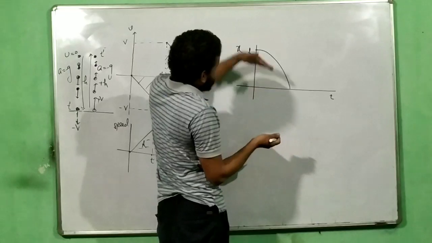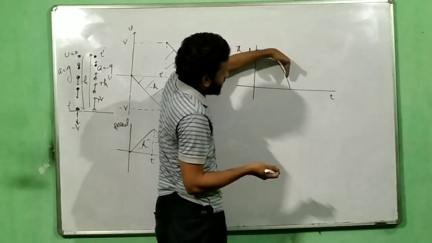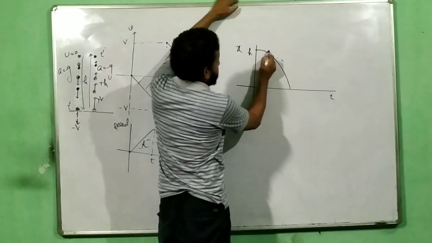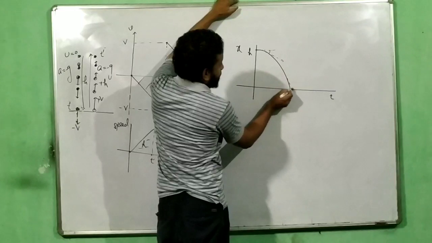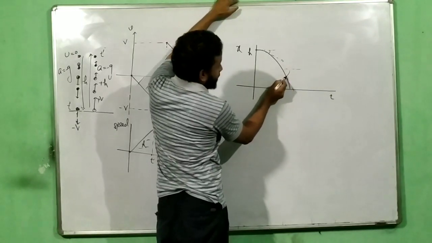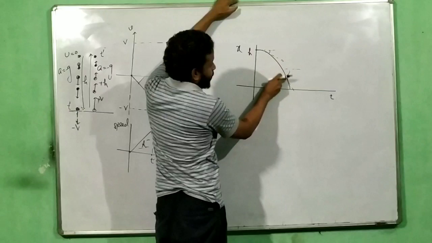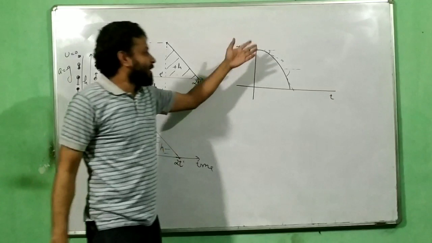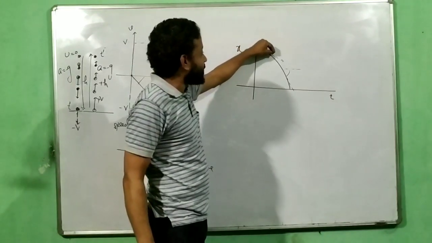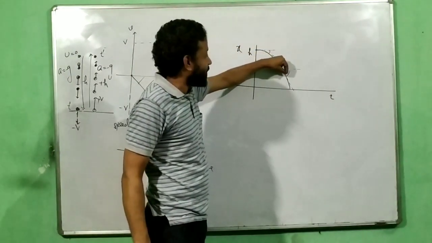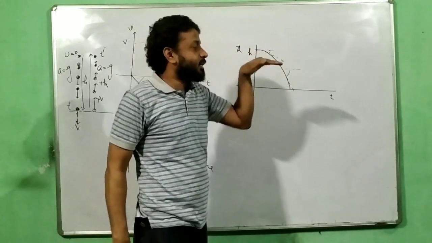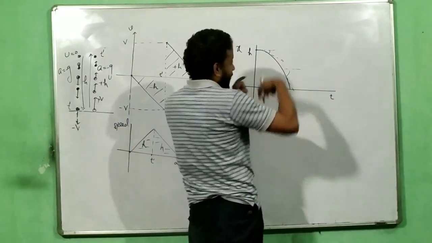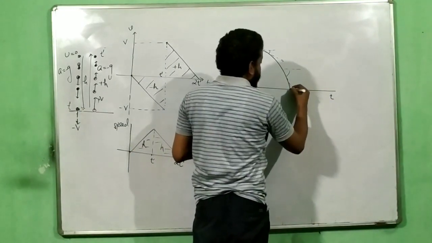Can you see the slope? Slope is increasing, increasing, increasing. If I draw a line over here, then this angle will be less compared to this angle. This angle will be more, this angle will be less. So the slope has to increase, but has to be negative. Minus 1, minus 2, minus 3, so on. Just think like this: 0, minus 10 degree, minus 20 degree, minus 30 degree, minus 40 degree, minus 50 degree, and so on. So it means that velocity is negative, but it is increasing downward. And then it hits the ground. And then again, immediately after hitting the ground, it bounces up.